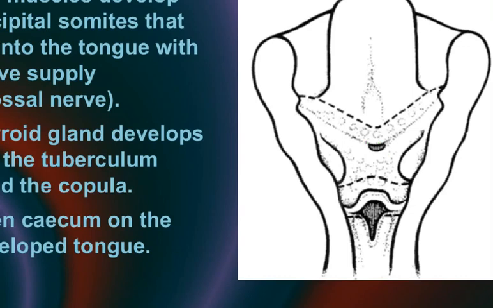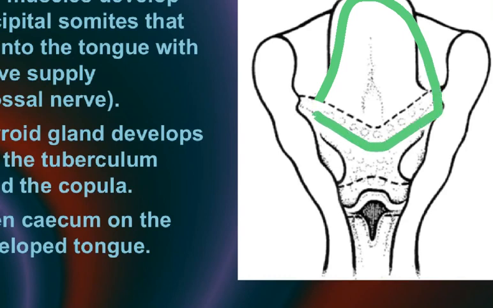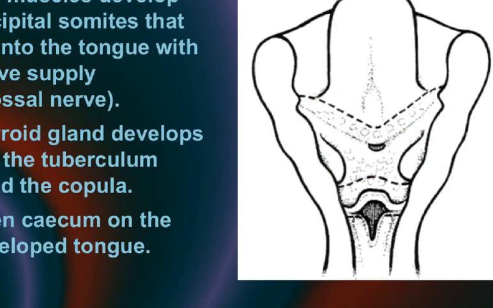It's at the boundary between the anterior 2/3 of the tongue and the posterior 1/3 of the tongue. This is called sulcus terminalis, which is V-shaped. In this area here in the center, we have foramen cecum. The foramen cecum,